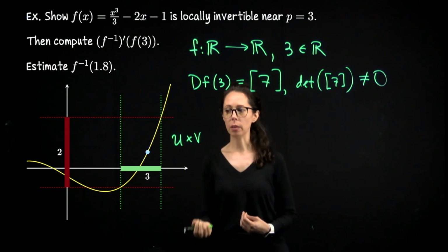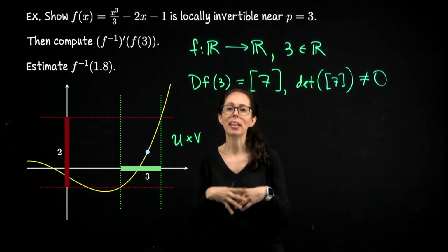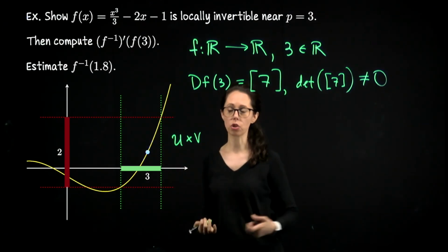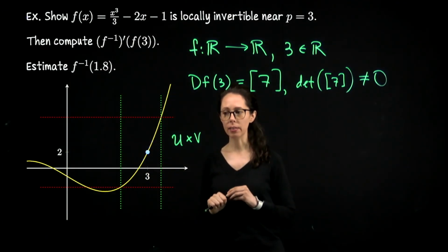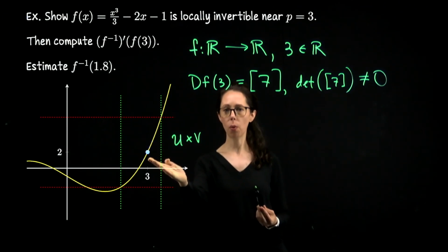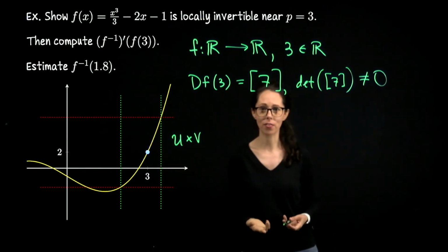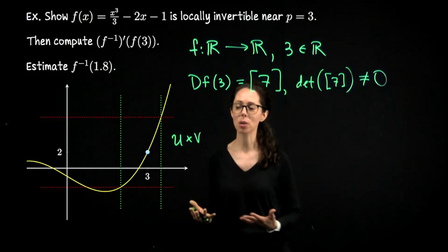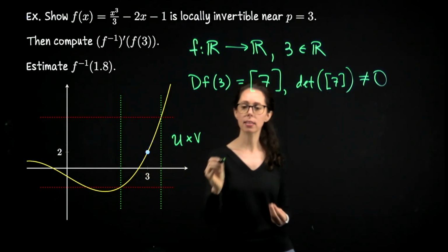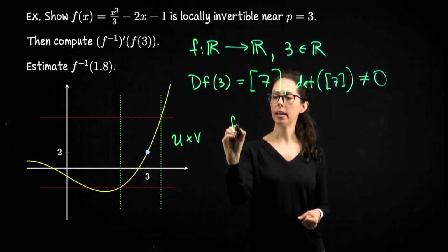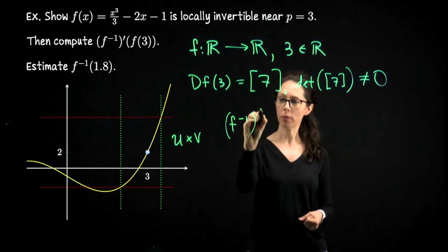The theorem doesn't tell me that these are the right U and V, though. It just tells me that it's theoretically possible to do this kind of construction. Okay, let's now compute the derivative of the inverse function at this point. We cannot invert this function. In fact, literally, we cannot because it's not an invertible function, but I cannot try to write down an f inverse here. However, what I can say is that if I look at f inverse prime, I'll just use the